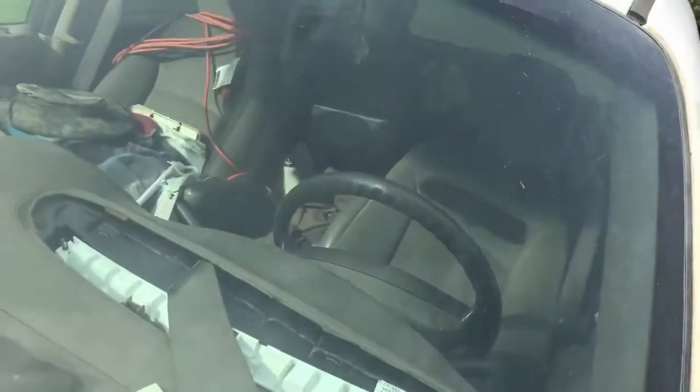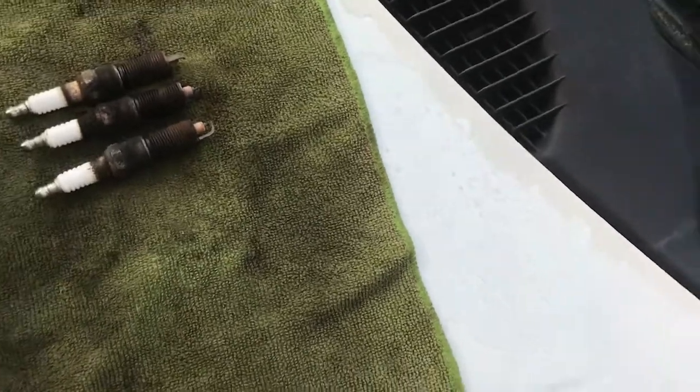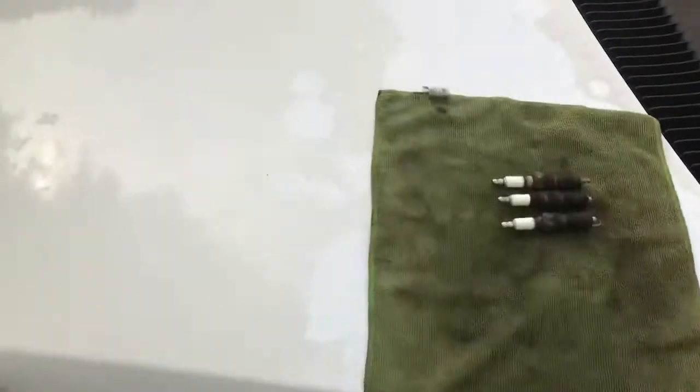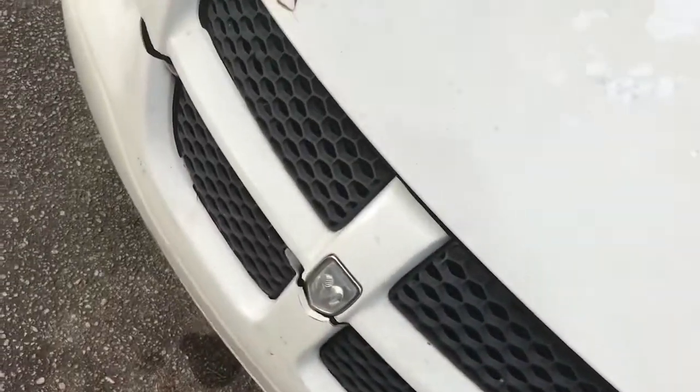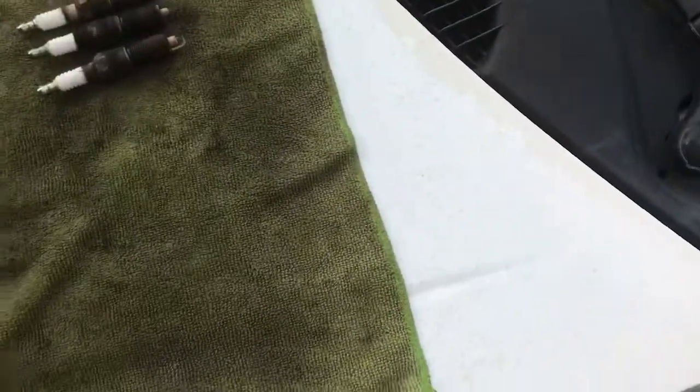She's old, she's abused. Look at the dash. Dash is all busted up in it. I use it to haul my paints, and it stinks. It smells like a chemical factory inside. And the paint's all faded and messed up on it. Look at it. Headlights all yucky. She's battle torn, let me tell you. But anyway,